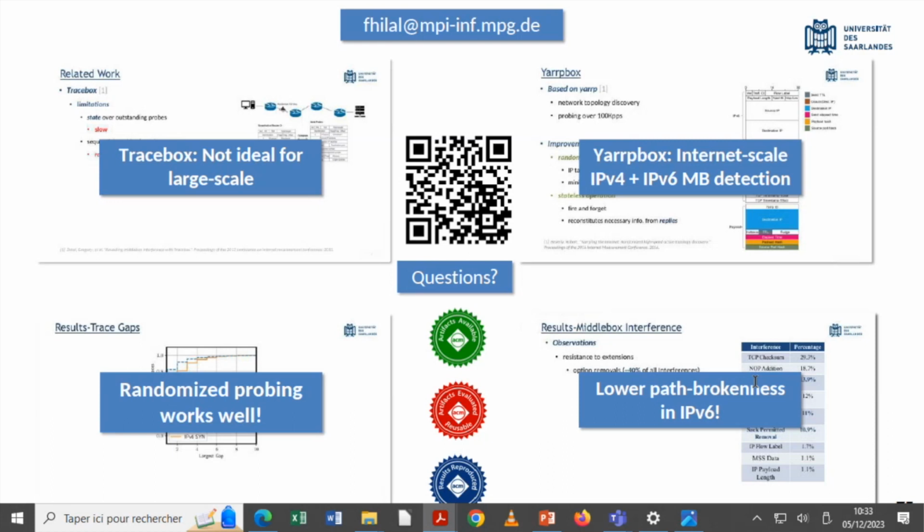I have more questions. I have a very naive question probably for you. It's a very nice tool. It's stateless, right? It has all these nice features. But how is it going to be used? Who's going to use it and to detect what kind of middleboxes? Well, middleboxes that rewrite packets and do weird things like TCP option modifications. Basically, protocol designers who are interested in middlebox deployments or interested in innovating and creating new protocols. Also, you can use it to debug networks to see what is going on, why your packet is not going past the hop with MPTCP, for instance.